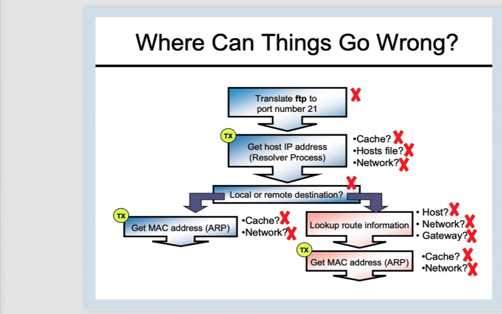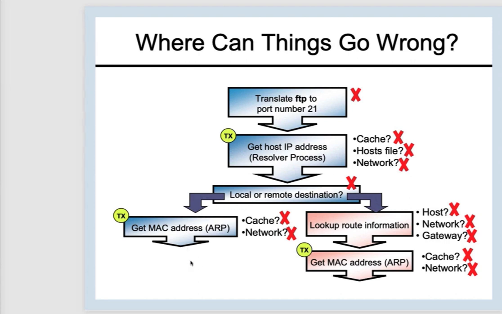So now we can see there's a lot of places where things can go wrong, and that's where our understanding of this process and these steps will help us find problems. For instance, we could be trying to go to an FTP server that's operating on a non-standard port. We're sending to an IP address and we're trying to talk to somebody on port 21, but there ain't nobody there. We could be looking for an IP address that's not in our cache, not in our hosts file, and we don't get a good or a timely response from the DNS request. Maybe DNS is down.